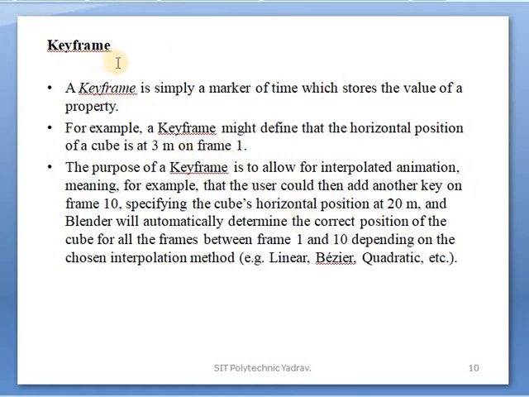Next point, keyframe. A keyframe is simply a marker of a time which stores the value of a property. For example, a keyframe might define that the horizontal position of a cube is at 3 meters on frame 1. The purpose of a keyframe is that it allows for